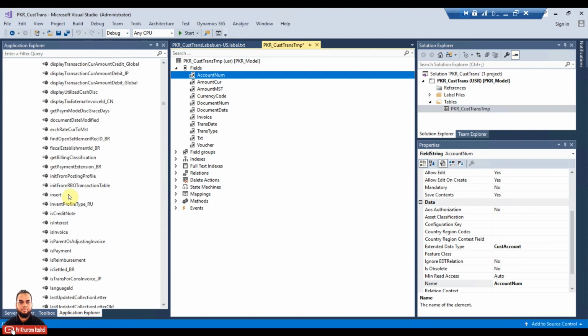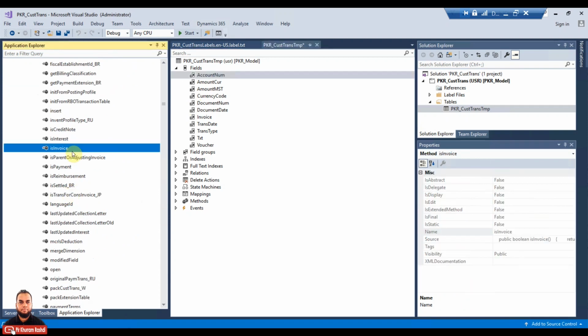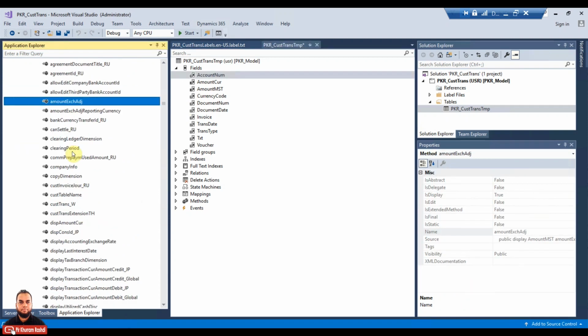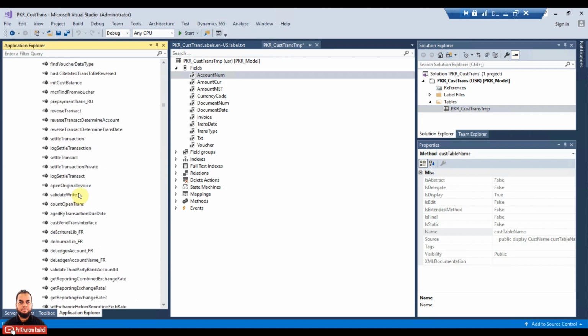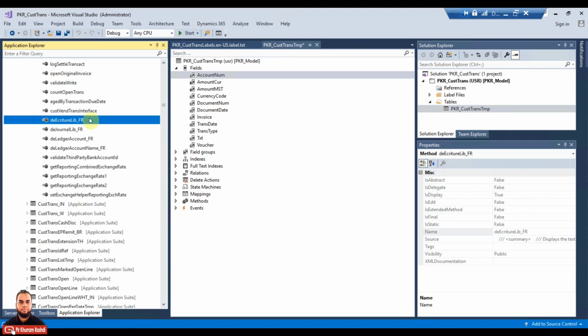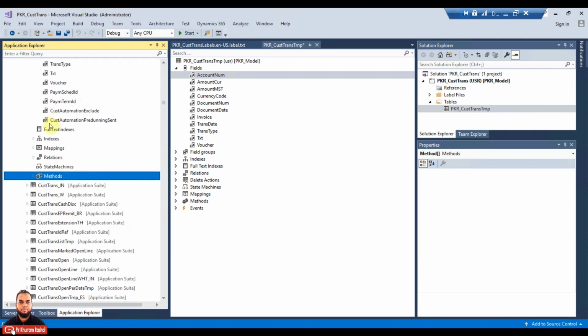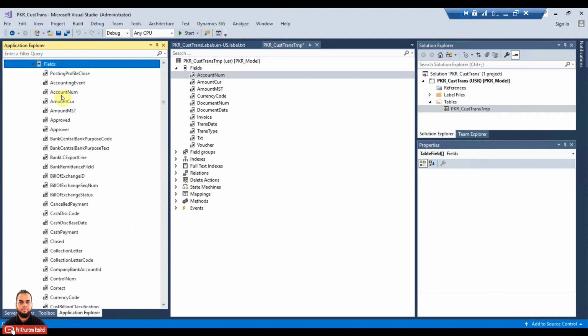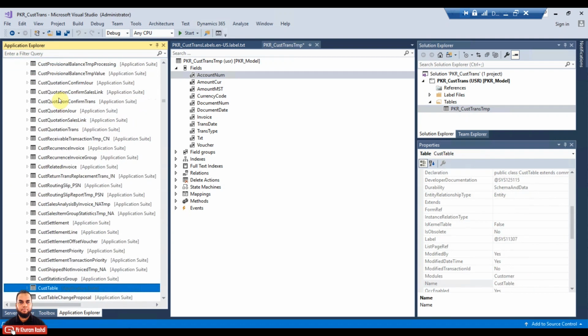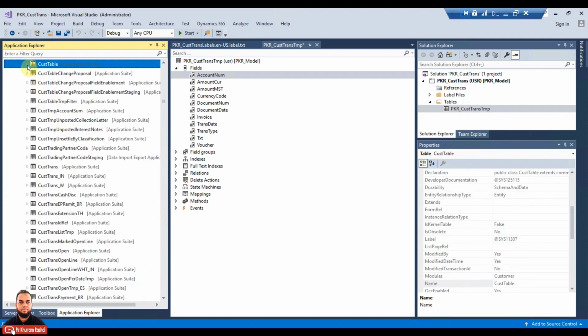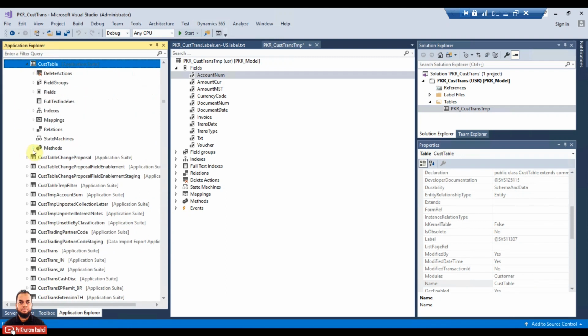So for that purpose, just go to the cust table. There is a display method which will return our customer name. So instead of cust trans, go to cust table,